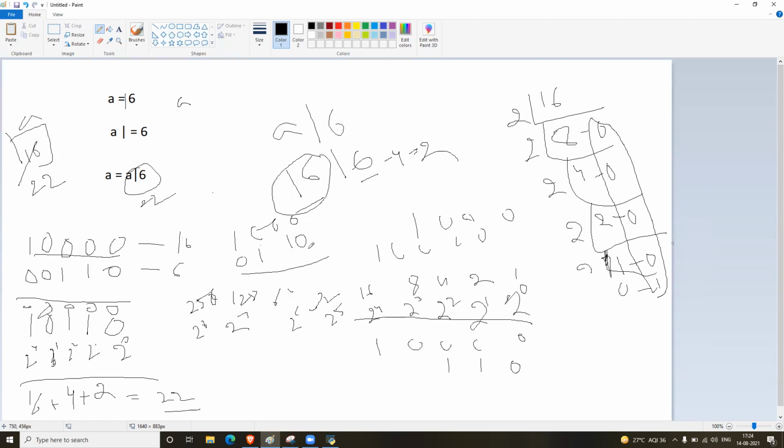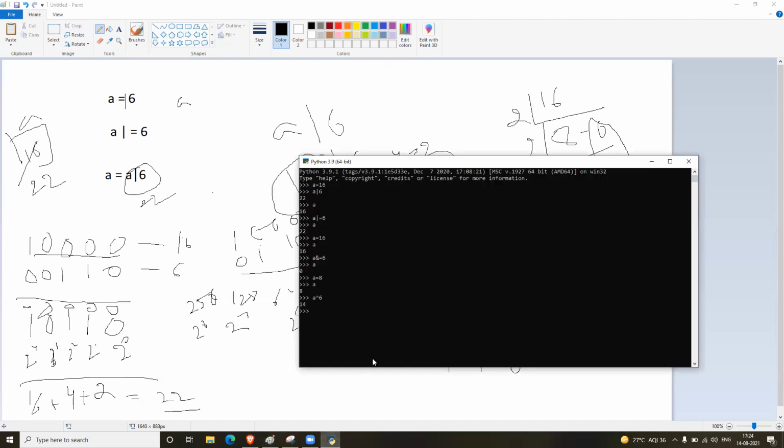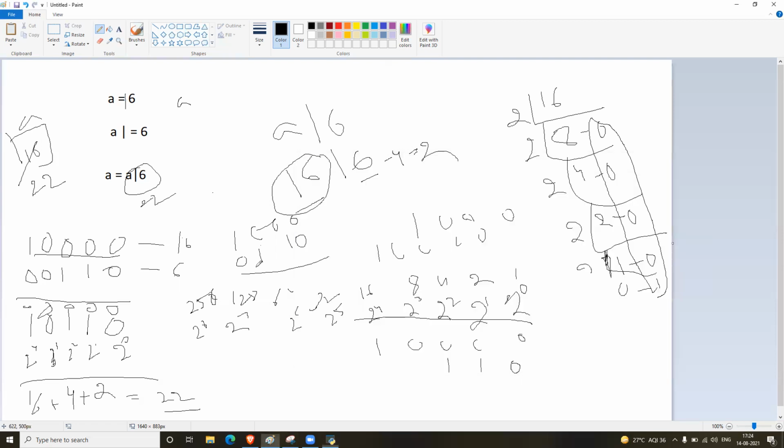So 0 and 0, XOR. Similarly, try A or 6; here both are showing the same result. Let's show a different value because there is one difference between XOR and OR. Let me keep it 6 and 8. 14. 6 plus 8, 14.